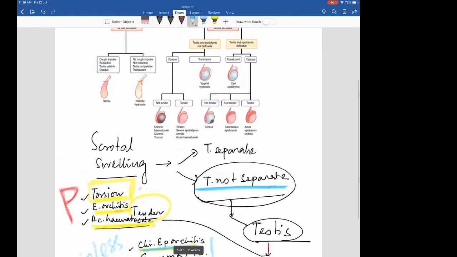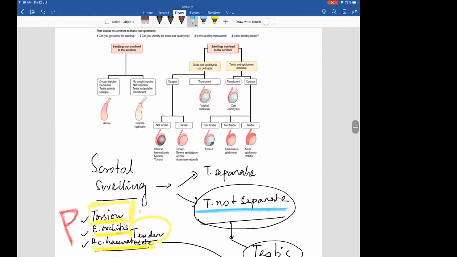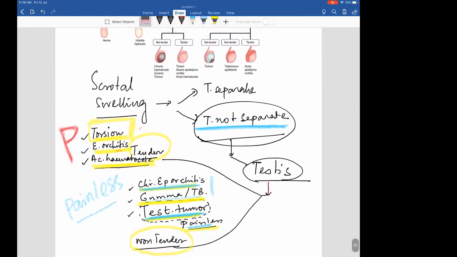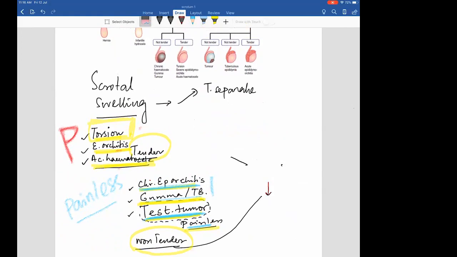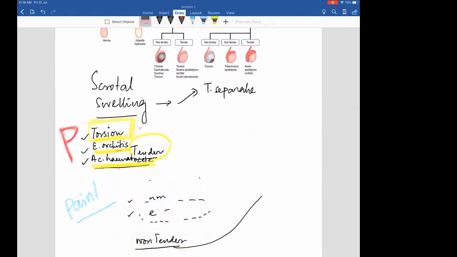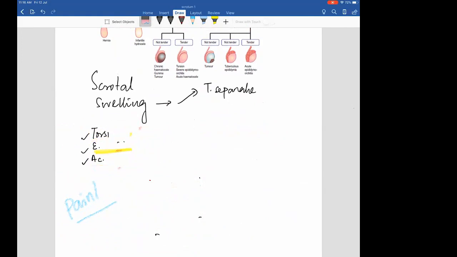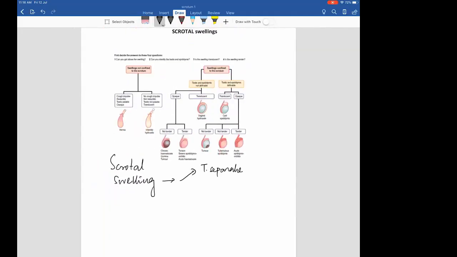Now let us proceed a bit further and ask about the next group of questions. What if the testes is separate in this case? Now, what if the testes becomes a bit separate? This one is not a big list, and what you are required to remember is what findings we can have if the testes is separate. If the testes is felt separate, please remember that you can again now do the